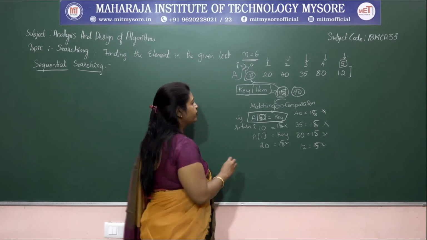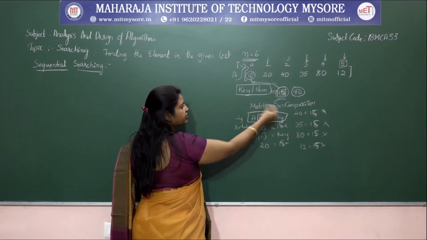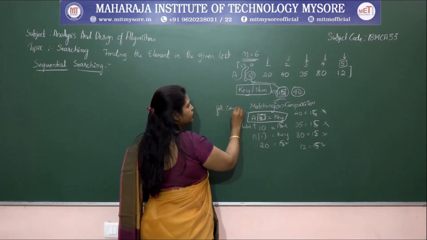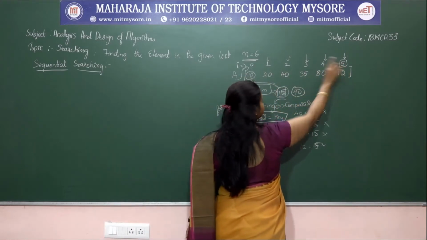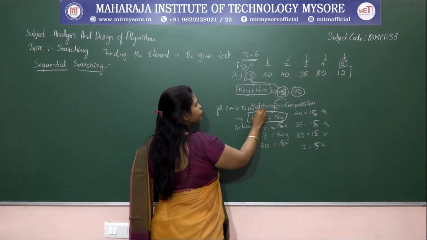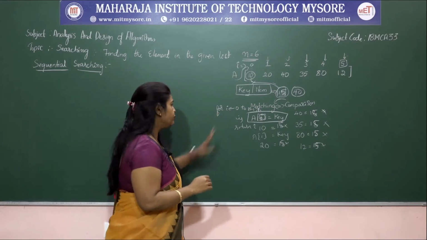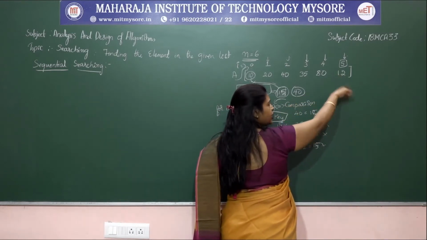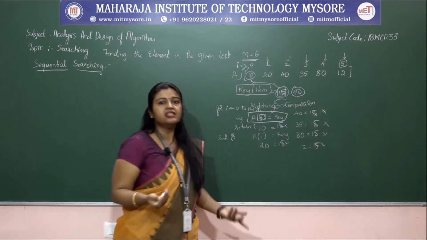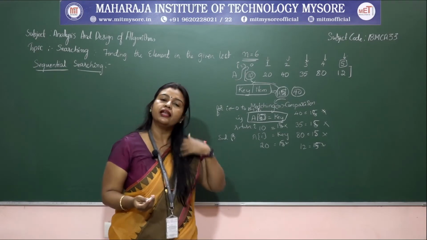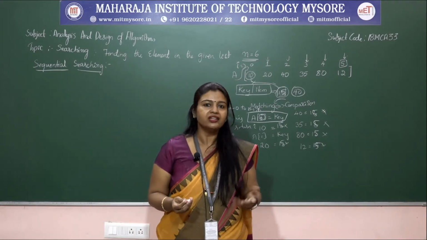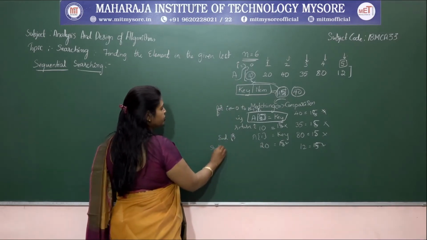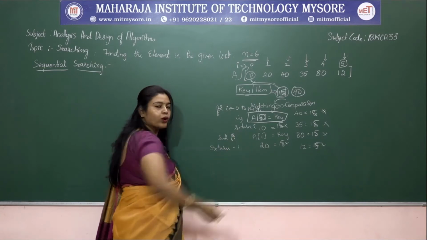Otherwise, we just increment the i value. Simply, we can have a for loop for i equal to 0 up to the last position, n minus 1, and do the process, then end for. If you reach the end of the array and still have not found the element, it is an unsuccessful search, which means the element we are looking for is not in the given list. Therefore we just return minus 1. That's it.